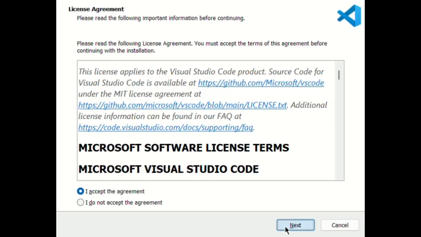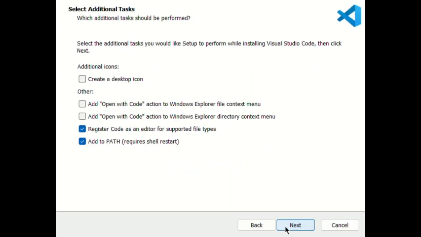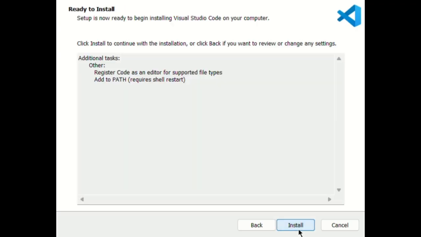Then after that, you'll be presented the screen to select additional tasks. Now, I typically just leave everything as default. You can always press create a desktop icon as well, so that it's just easier to access the software from the desktop, but I personally just leave everything as default. And then just press next, and then it should say ready to install. And then just press install, and it should